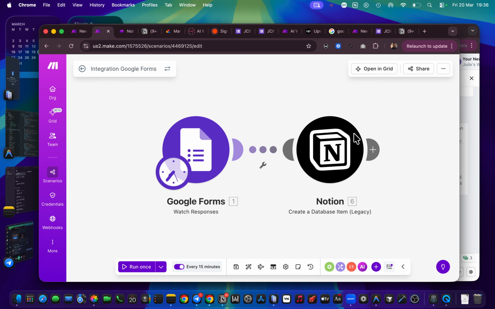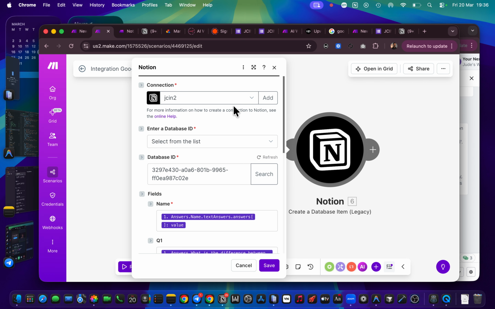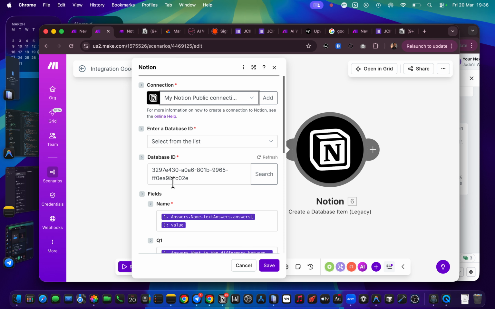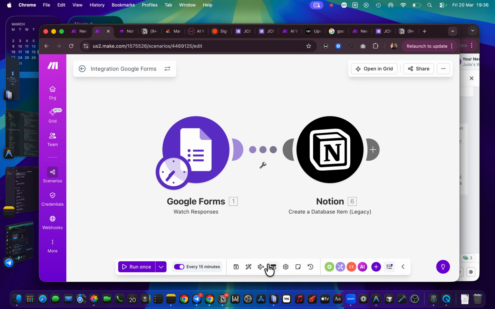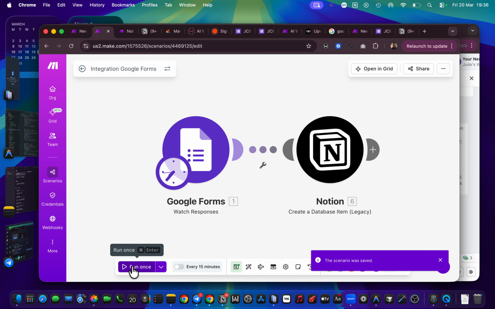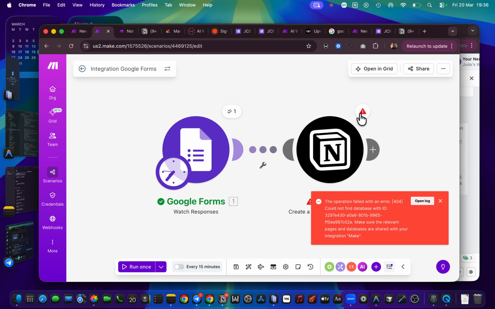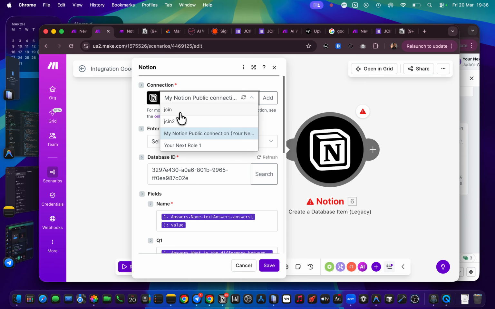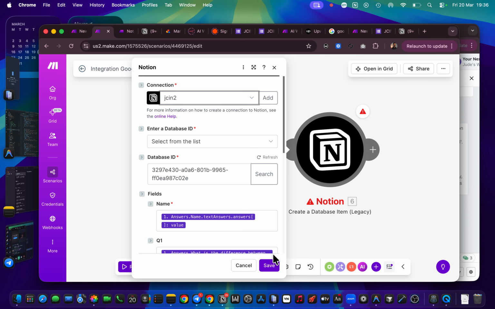There are many scenarios that I gave yesterday. Let's assume you connected this to the wrong connection. Let me say you did this to a connection that doesn't have this database ID, and you use this. If you run this scenario, let's first remove this from active so it doesn't run anything. Let's save this now. If you run this, we are going to get an issue here. We have an error.